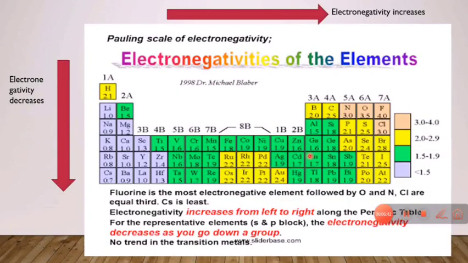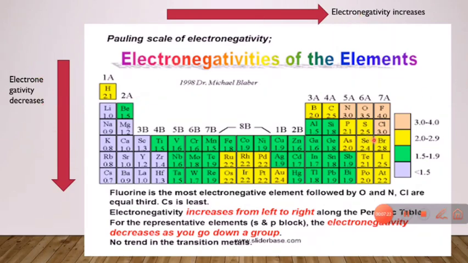Then we are learning about the different electronegativities of elements. The best way to study electronegativity is based on the Pauling scale, because the Pauling scale mentions the electronegativity of each of these elements. Like lithium is 1.0, beryllium is 1.5, then 2.0, 2.5, 3.0, 3.5, so the magnitude of 0.5 is increasing as we move from left to right. The trend here is that electronegativity decreases from top to bottom, and increases from left to right.